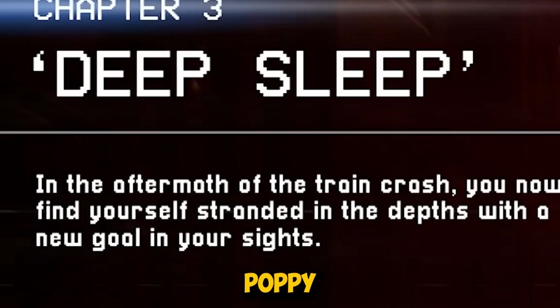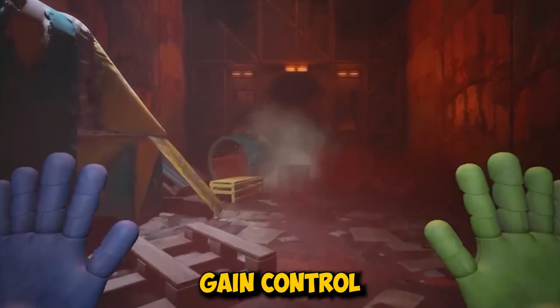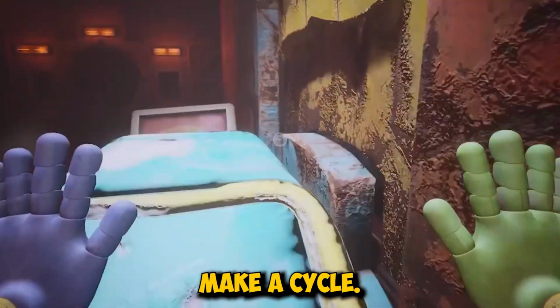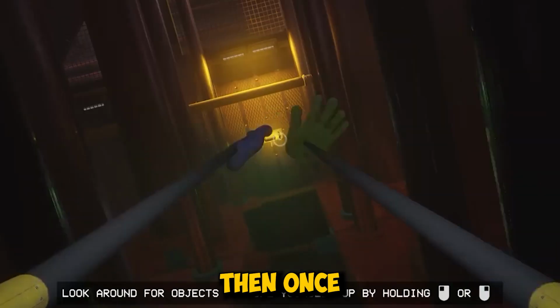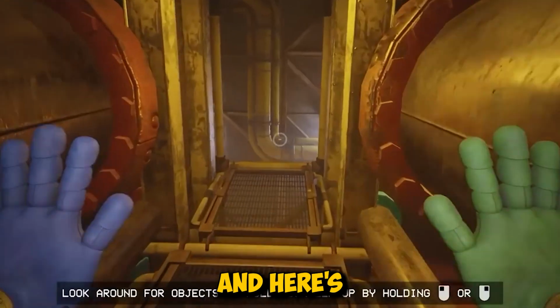Today we're speedrunning Poppy Playtime Chapter 3. Now the speedrun starts as soon as we gain control of our player, and right away we want to be really fast since we have to make a cycle. So we're going to hop over here and slowly open up this door. Then once we're able to get down here, we can grab that, pull ourselves up, and here's the cycle we